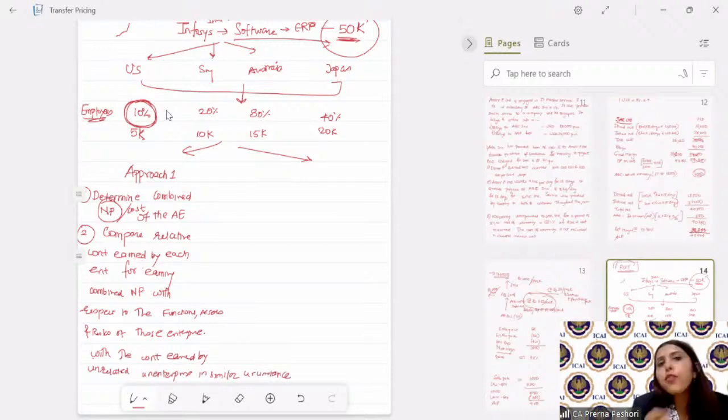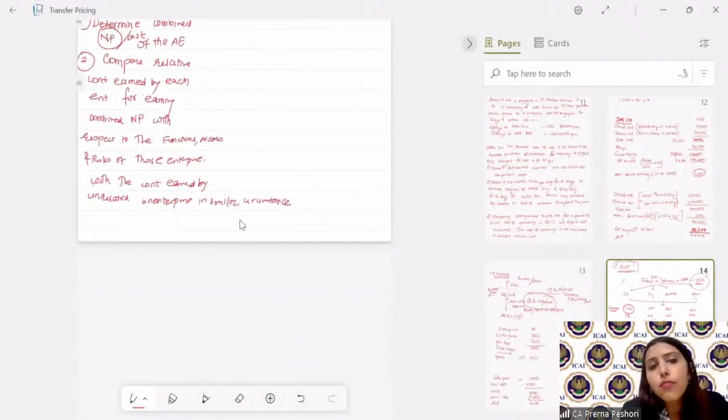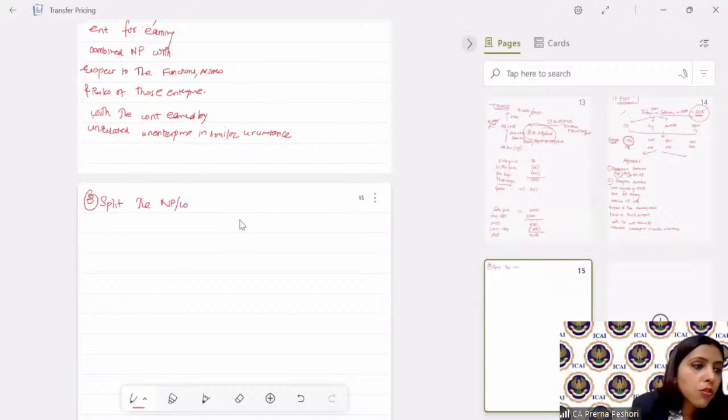So if we are able to find comparables also doing similar transactions, we will compare these percentages with those of the comparable, unrelated parties, and then we will split the net profit or cost in proportion to the ALP percentages to arrive at arm's